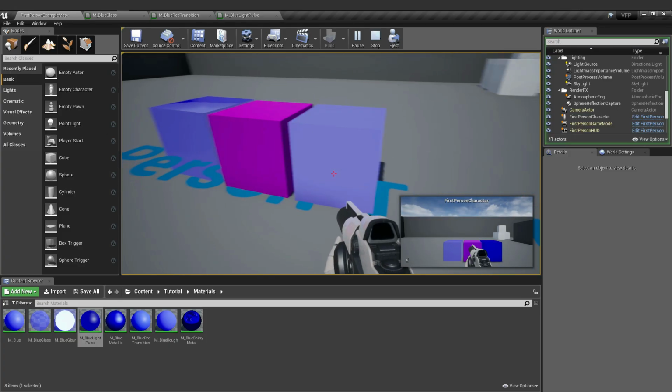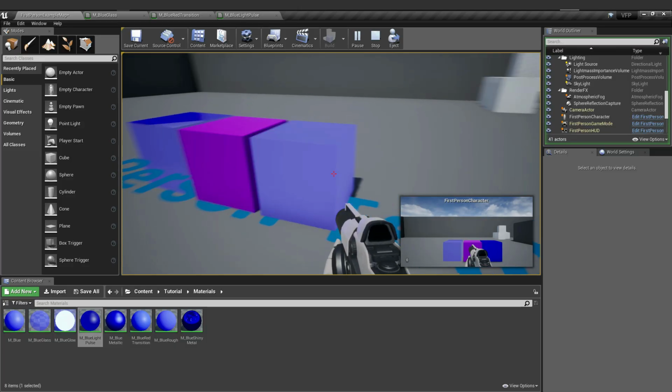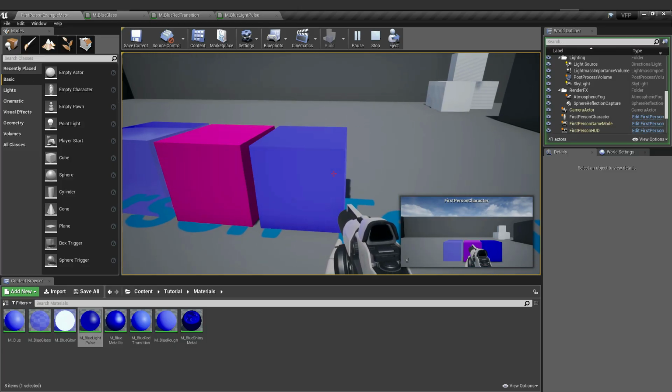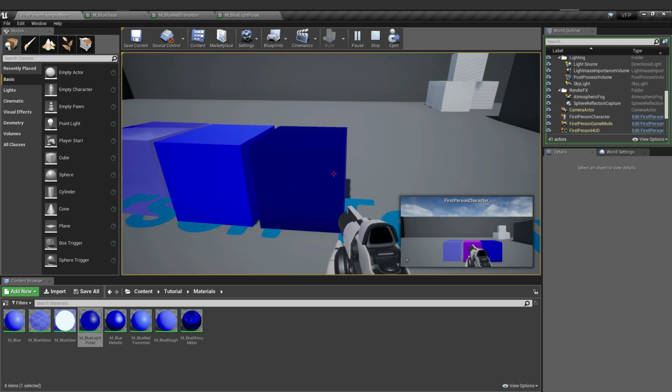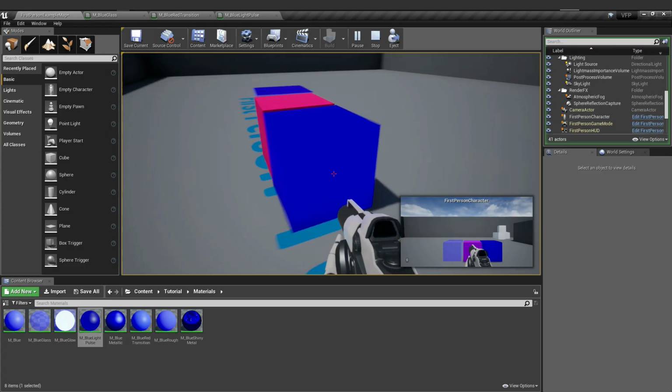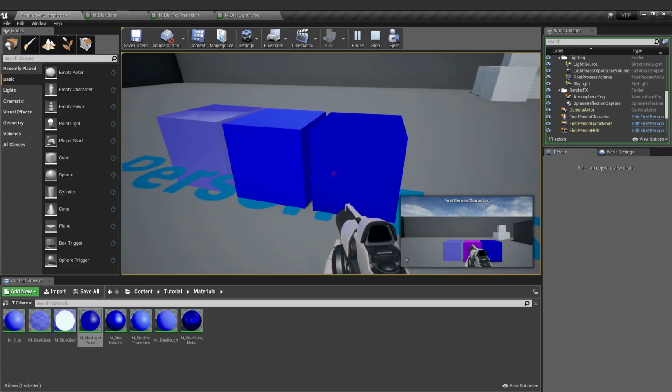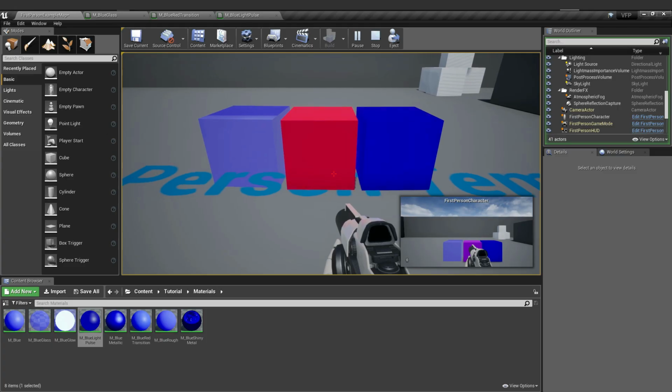It randomly changes its emissiveness from 1, then from 10 to 30 to 50 randomly. That's how we create a flickering or pulsing light material in Unreal Engine.